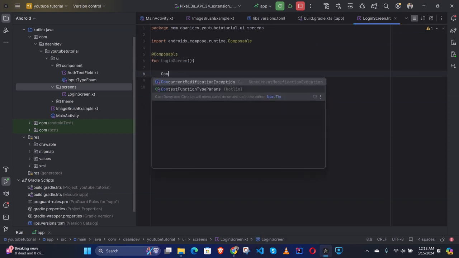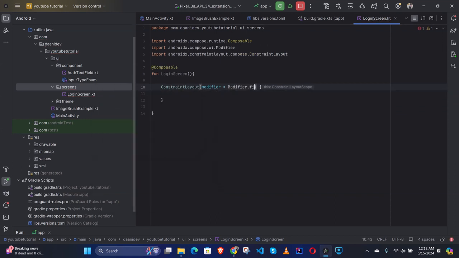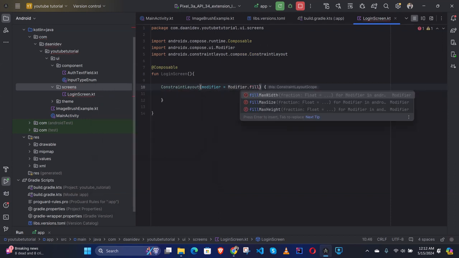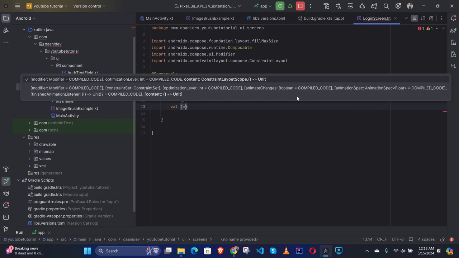And you need to define ConstraintLayout and modifier dot fillMaxSize, and you need to create the reference variables, for example, email ref, password ref, and checkbox ref,